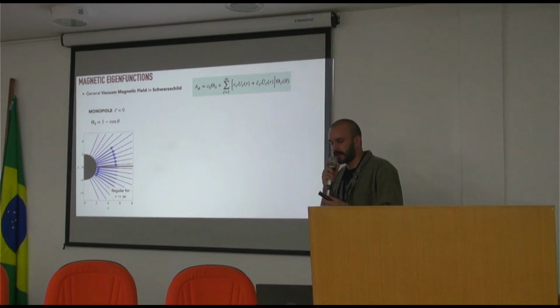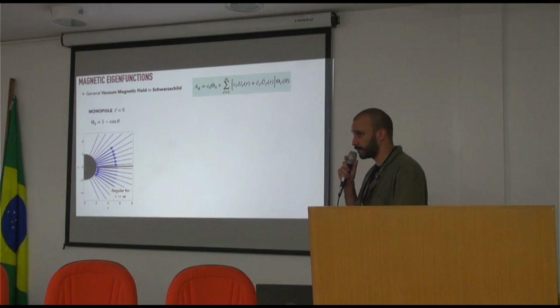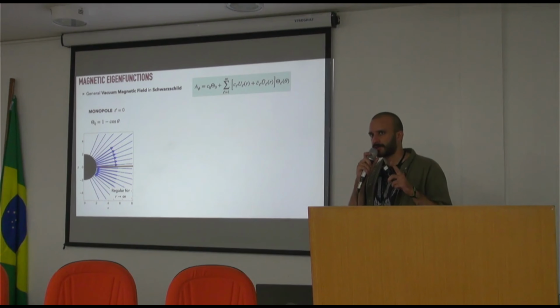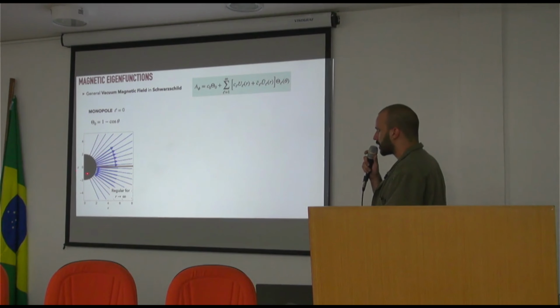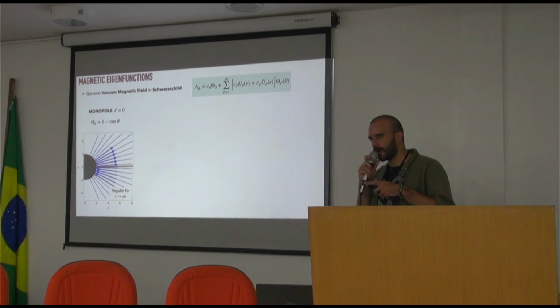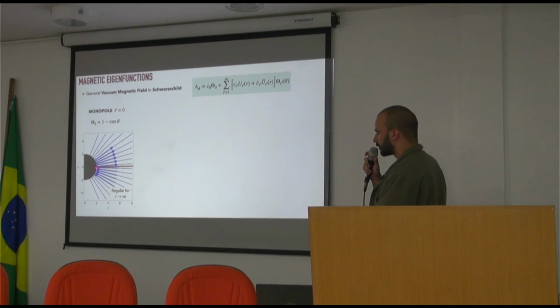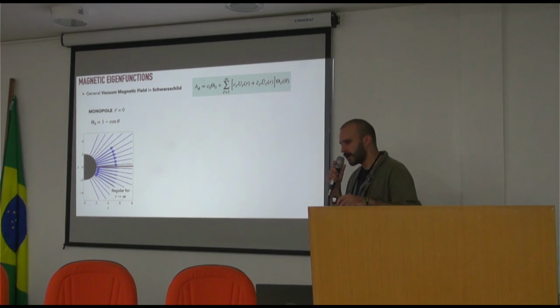This is something that you actually can do, but you have to pay a price. And the price you pay is that there is a discontinuity in the perpendicular component of the magnetic field here. And since you have a discontinuity, the junction condition always says that there is some kind of source in that place. And the price that you pay, therefore, is that of introducing a layer of current in the equator of